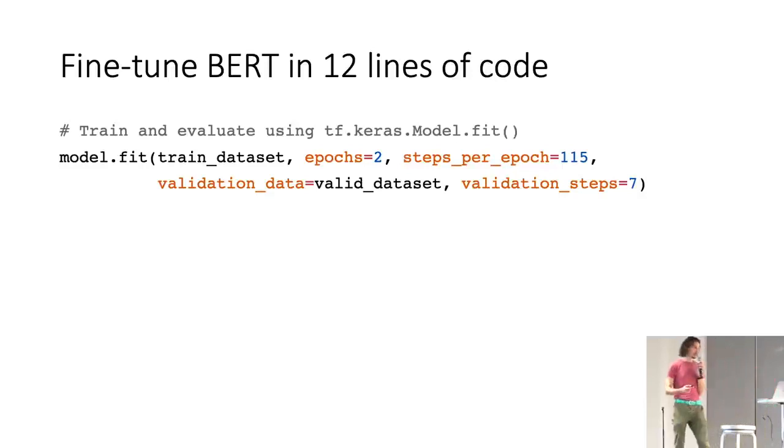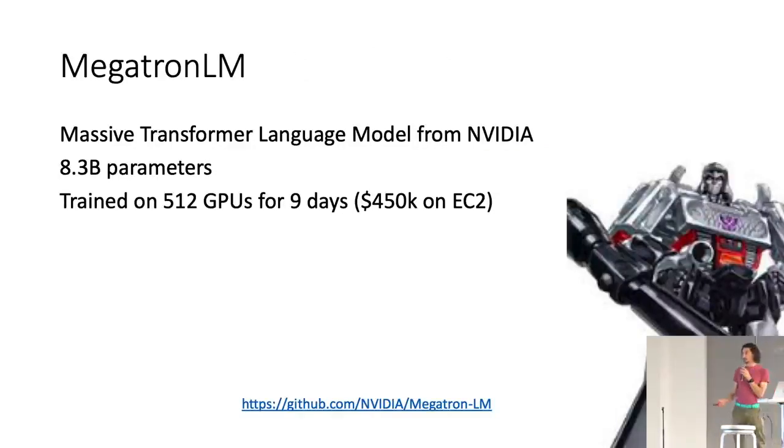And the fact that you can do this on some pre-trained model that's seen tons and tons of data that easily is really amazing. And there's even bigger models out there, right? So NVIDIA made this model called Megatron with 8 billion parameters. They ran hundreds of GPUs for over a week, spent vast quantities of cash. Well, I mean, they own the stuff, so not really. But they put a ton of energy into training this.